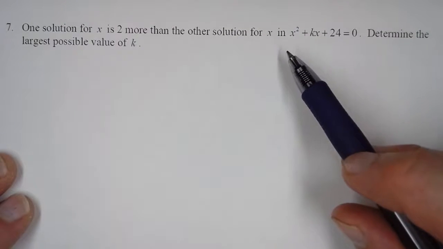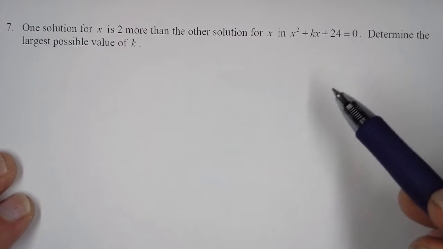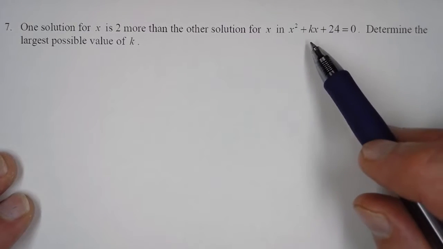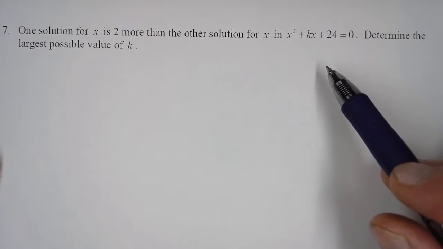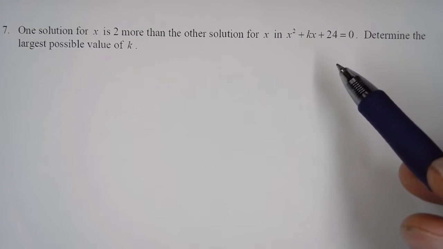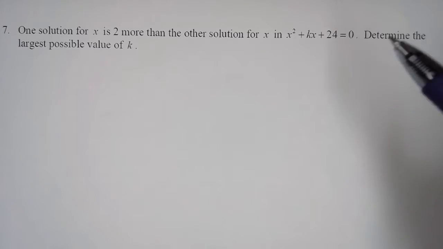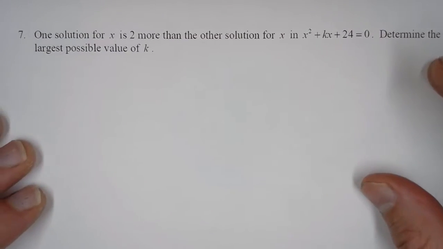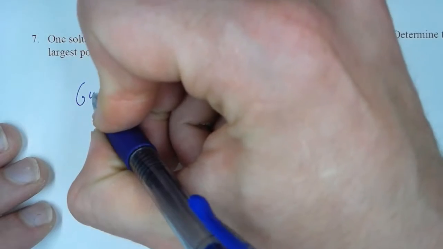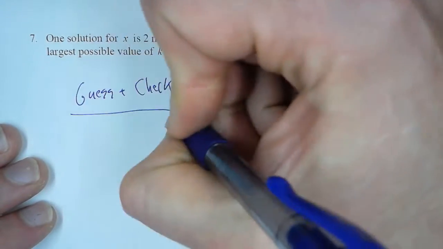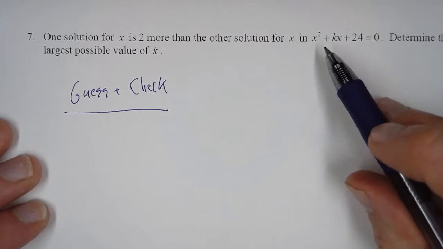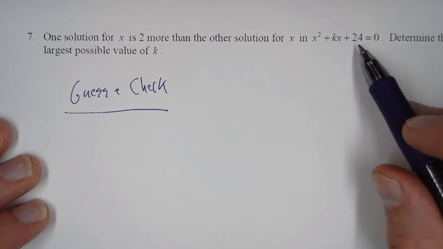So, in order to determine a solution when you have a quadratic, the easy way to do it is to factor. Now, they don't give us what k is. That seems like it makes it harder, but it actually gives us a little bit of freedom. I'm going to show you two ways to do it. The first way is to guess and check. And what that method is to say, all right, how many different ways can you factor this to get 24